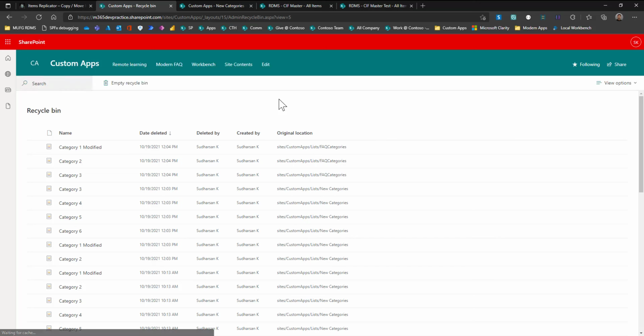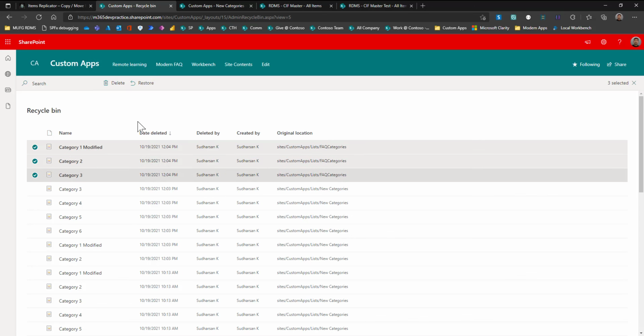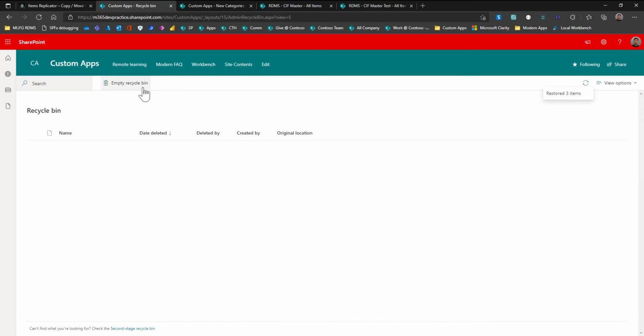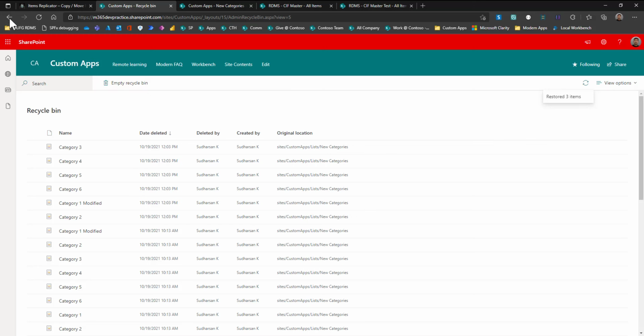It is based on the configuration. By default, it is configured for the items to be in the recycle bin for 15 to 30 days. In some organizations, they may even configure for more than 30 days, and in some even less than 15 days. So here we can just select the items and then click restore. Now it is restored.